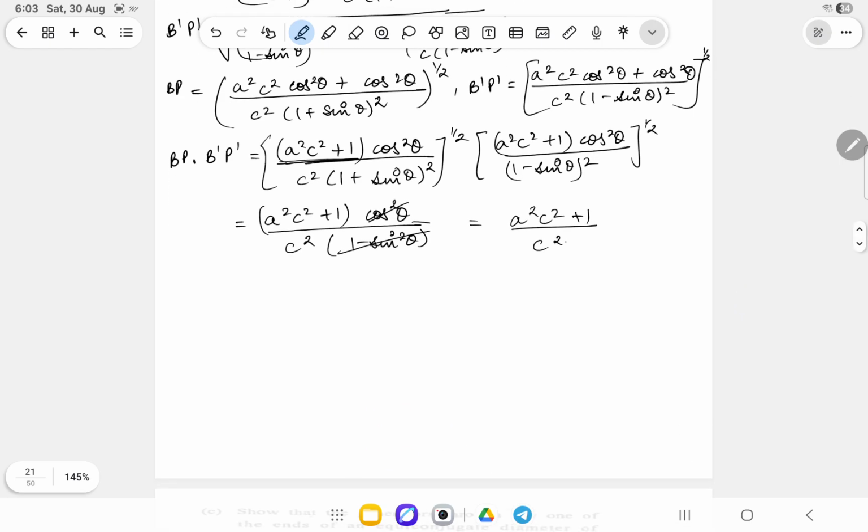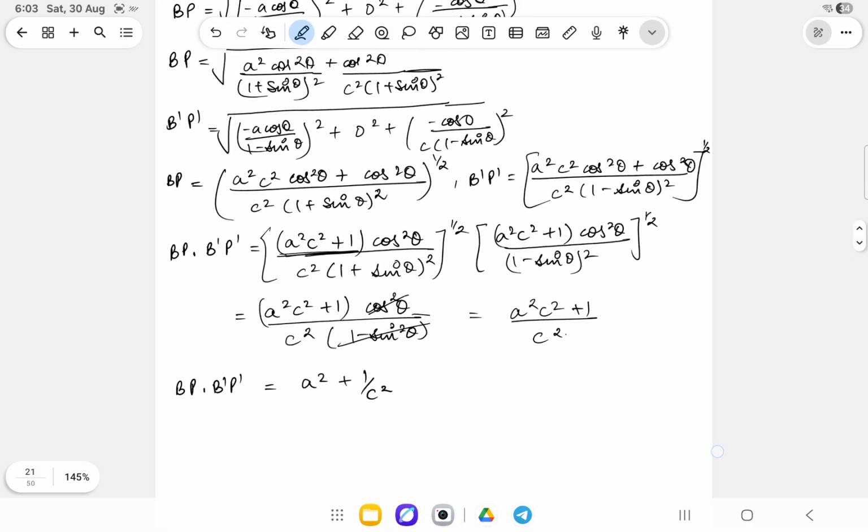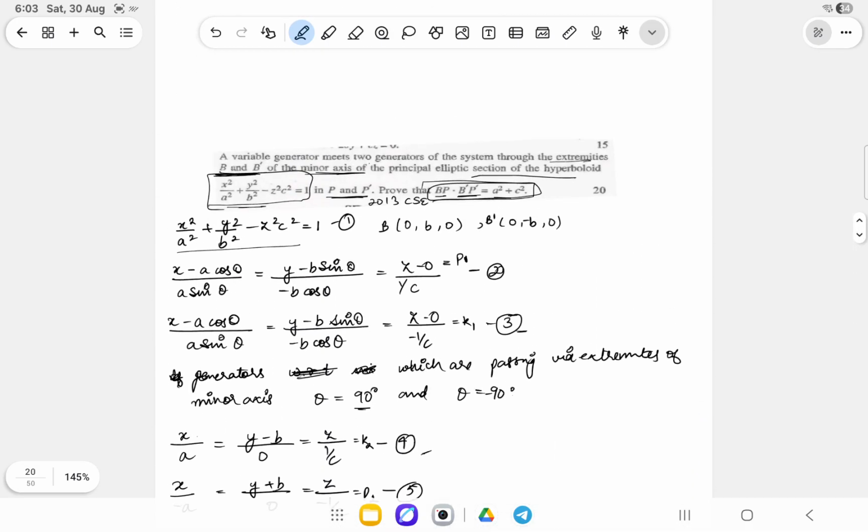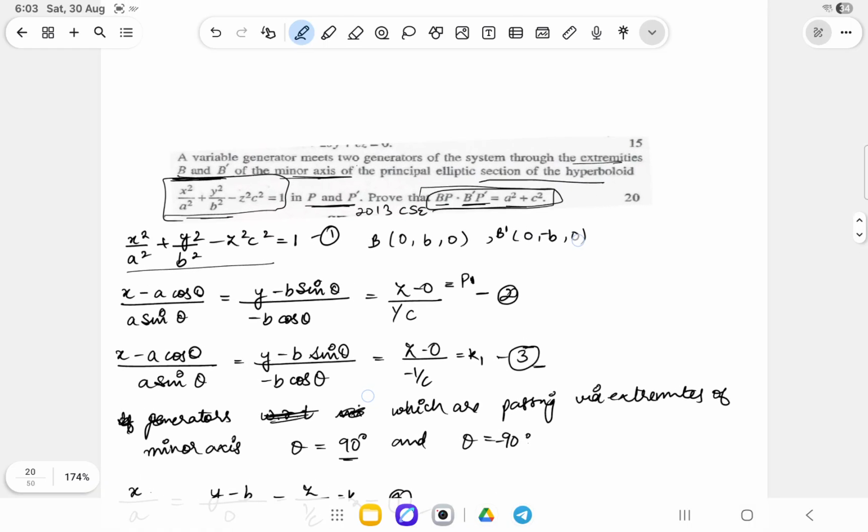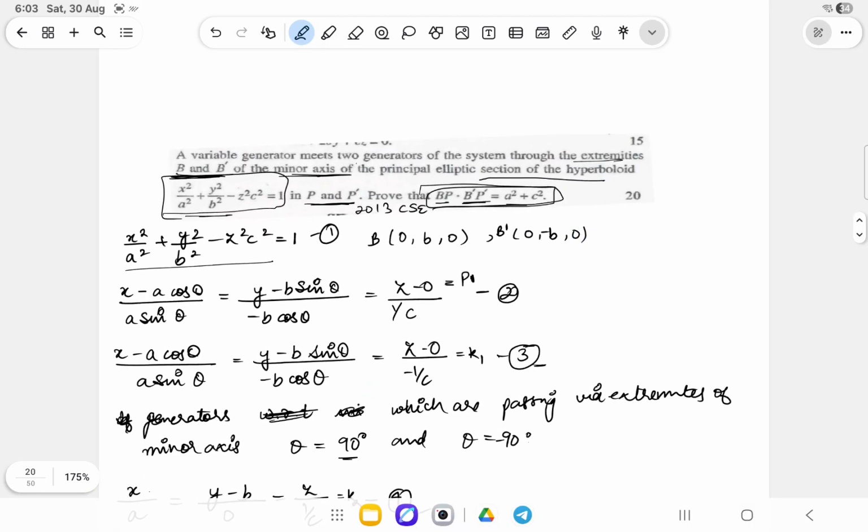So my bp dot b dash p dash is basically a square plus 1 by c square. So this is the relation I got. I guess this is what we are supposed to prove. No, this is not the relation that we are supposed to prove. So we are supposed to prove a square plus c square. I guess there is some mistake in the formation of the question,